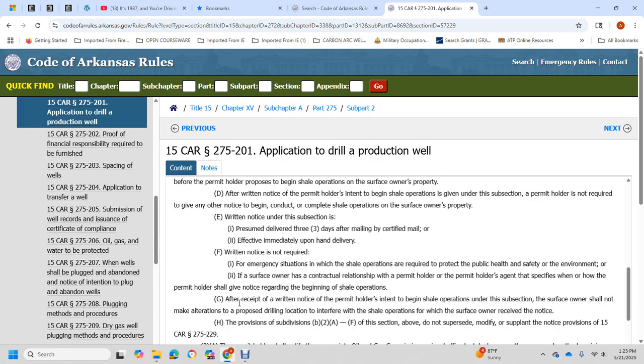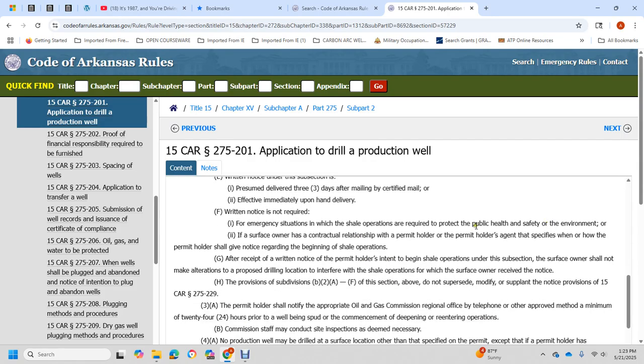Written notice is not required in an emergency situation in which operations are required to protect the public health and safety or the environment. If the surface owner has a contractual relationship with the permit holder, the agreement specifies when and how the permit holder shall give notice regarding the beginning of shale operations. After receiving the written notice from the permit holder of the shale operations, the surface owner shall make any alteration proposed to the drilling location in connection with the shale operations for the